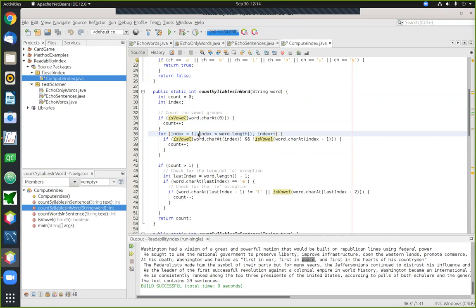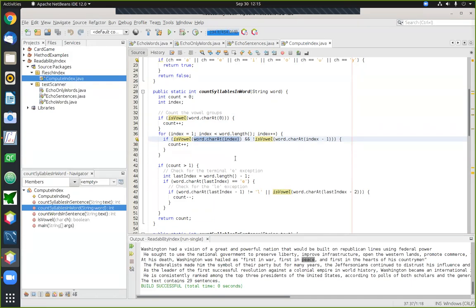You can tell that you're at the last letter in the word by checking the length of the word. As soon as the index equals the length of the word, we've reached the end and it's time to stop. So this is a loop that will go systematically through the letters in the word. For each index we come to, we'll get that letter by using this code, and then we'll pass that letter off to the isVowel method, and the isVowel method will be looking for vowels for us.